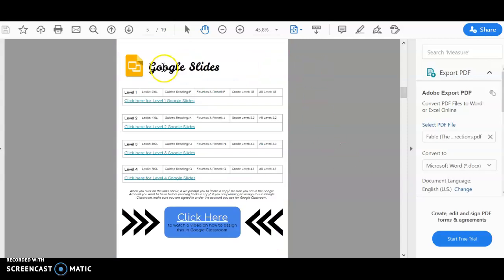And then here we come to the Google Slides. As I said before, there are 4 levels of reading, and they're each broken down into Lexile, Guided Reading, Fountas and Pinnell, your grade level, and your AR level. So just whatever you use, find the one that's closest to your students' needs, and then you're going to click